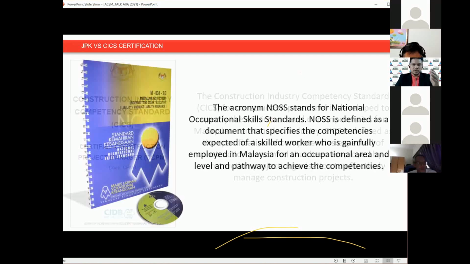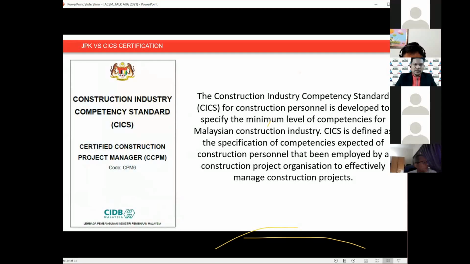And in CIDB, on the national level, CIDB has programs now subscribing to the NOS to become their program. Other than that, there is also CICS, Construction Industry Competency Standard, where CIDB also produces their own standards, either standards developed by the NOS and later improved and produced as a CICS, or standards not developed by NOS that CIDB takes as their standard and runs as a CICS program. So basically, CICS and the NOS are typically similar, with the only difference being the source of power.